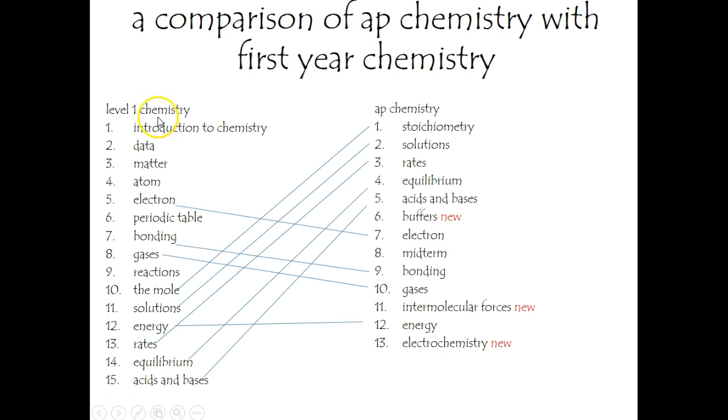Now, a first-year chemistry course usually starts from a general introduction and works its way to specifics. So you'll have an introduction to chemistry, how to work with data, what is matter in general. I mean, chemistry is the study of matter, so there's a whole chapter on that. Then we look at, from the very small and get a little bit larger, the atoms and the electrons, how that is incorporated into the periodic table, fundamental types of bonds that can exist within substances, gases as a separate